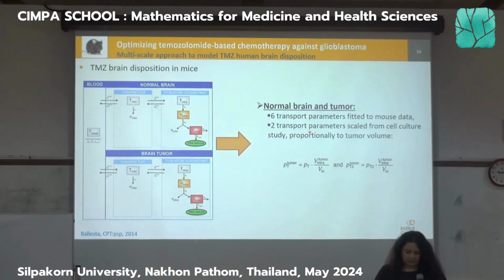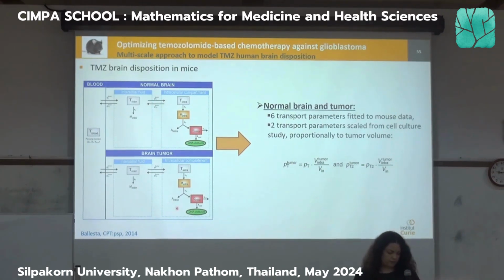And so basically, this is the structure of the model, and as you can see, we have a lot of parameters, well, not a lot, 3 parameters to estimate. And so the whole idea of scaling from in vitro to in vivo is to use what we have done in vitro for in vivo. For this, what we are going to do is to keep the parameter estimates that we have estimated in the in vitro setting for the intracellular compartment. So basically, we assume that the model is the same in vitro and in vivo, that the cells behave the same when they are in a petri dish versus in the body.